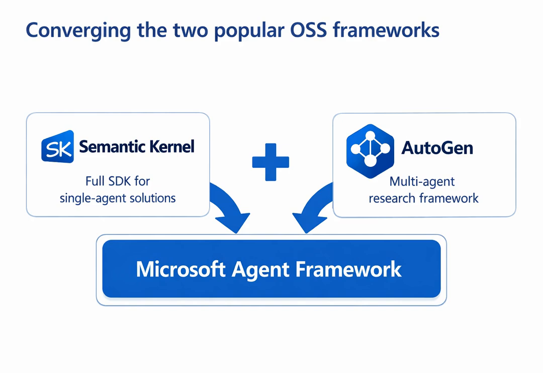This framework is actually a combination of two stars. One is Semantic Kernel, which excels in individual operations and strong engineering, and the other is AutoGen, which is proficient in team collaboration and multi-agent orchestration. The Microsoft Agent Framework merges the strengths of both, offering both depth and breadth, allowing you to navigate development with ease.